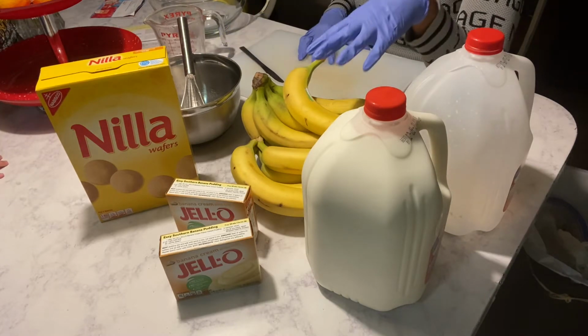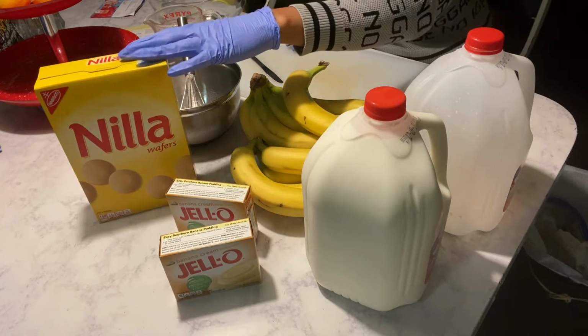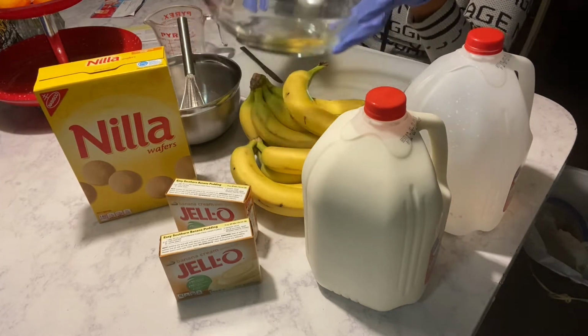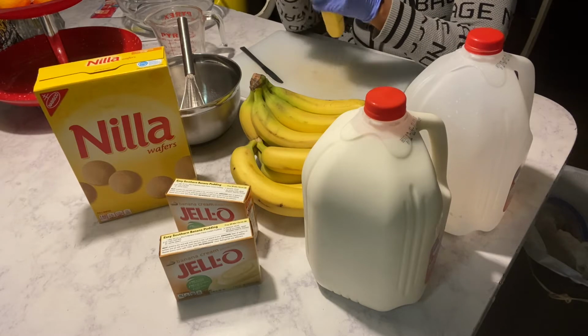And before anybody asks, the amount of bananas you use depends on how much banana pudding you want to make, and that also determines how many boxes of vanilla wafers. I'm going to be making it in this bowl right here. So the first thing we're going to be doing is chopping open these bananas